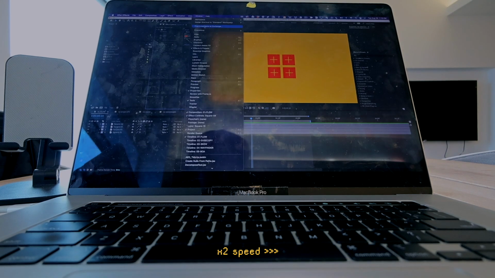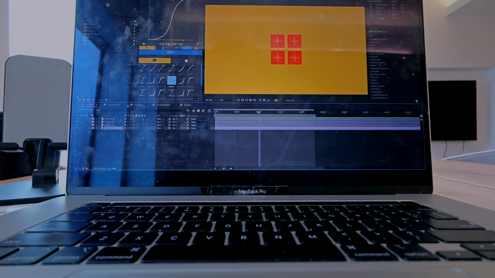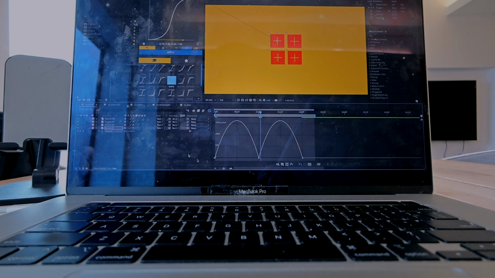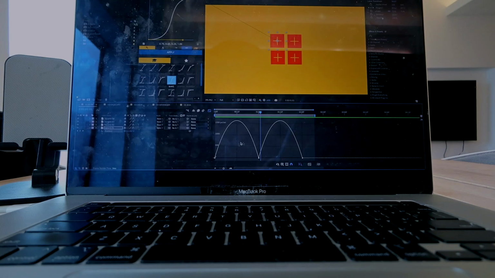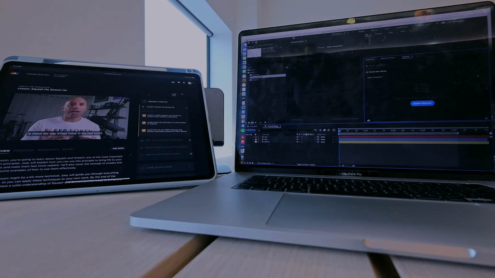The first one we'll show you is Flow. This is what I probably use the most, and it's an extension, so you can find it in your extensions menu once you install it. Now this is the Flow interface. As animators, a lot of what we're trying to do is mimic